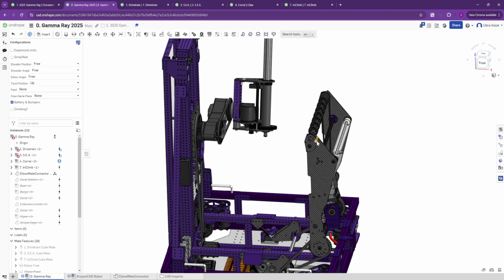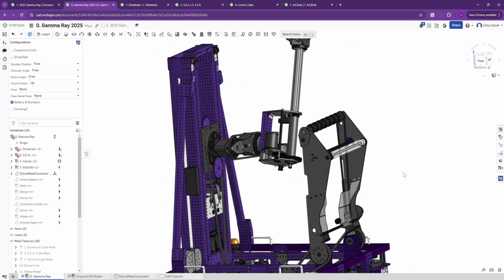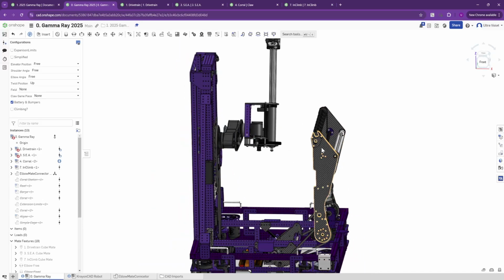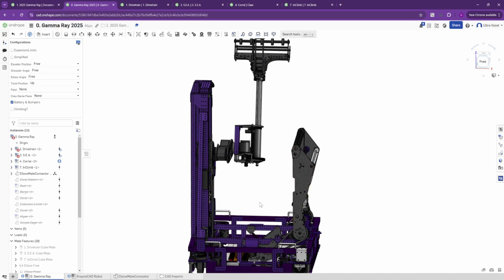An algae handoff may happen, is more likely to happen, but early on it might just be grabbing algae and putting it in the processor if we need to. Or we could even spit it out, grab it with the other arm to take it to the net if we needed to. That would be a little slower, but it's all possible